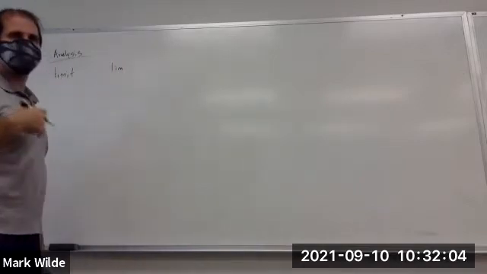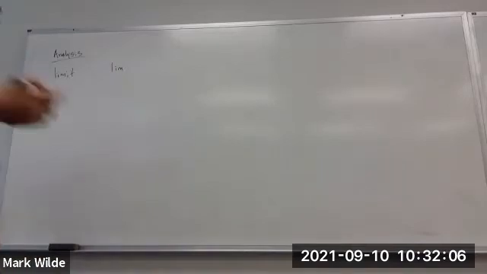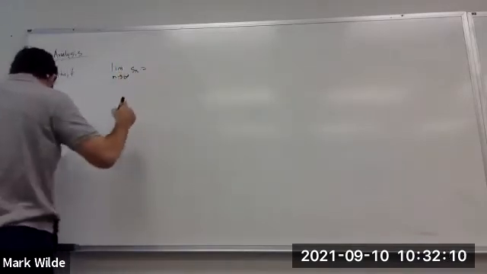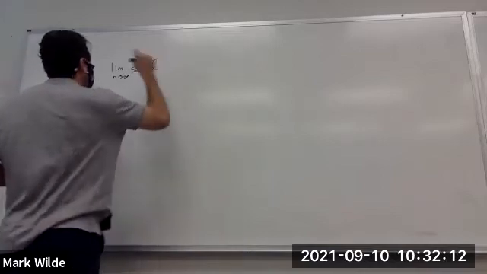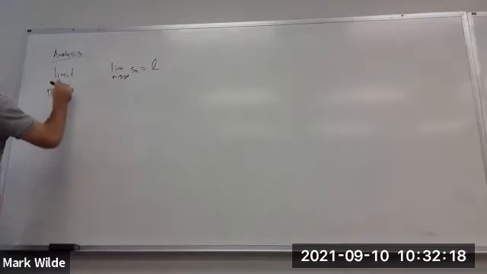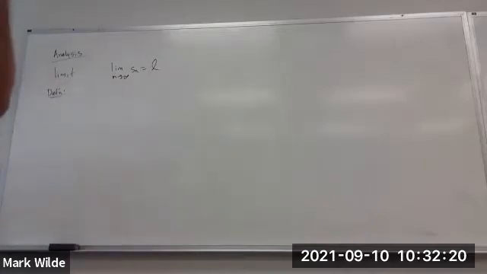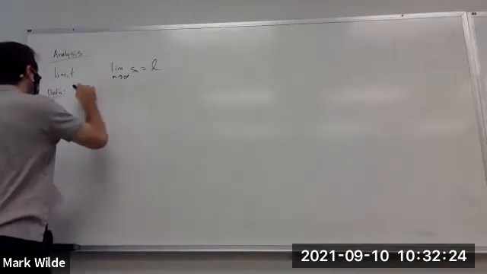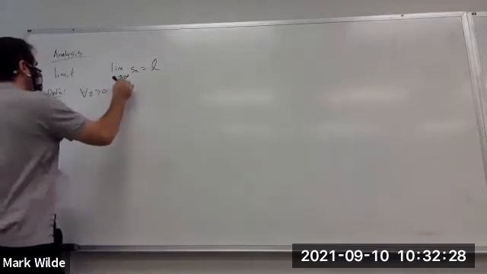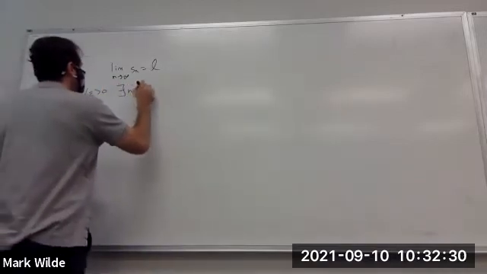we have a sequence of numbers Sn, and we write this. It's a question of what does this mean precisely, right? So what is the meaning of this? If you've taken a course on real analysis, you've seen it before. So it means this: for all epsilon strictly greater than 0, you can pick an integer